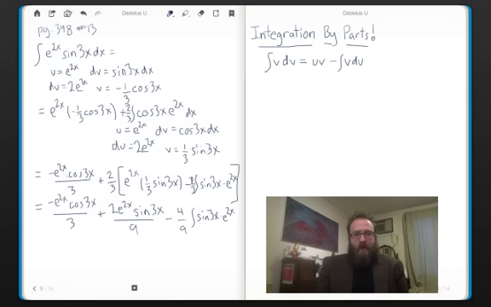We are simply going to add 4/9 of this integral to the left-hand side of the equation, where we have one of them. In other words, we have 9/9 of the integral over there. So when we add 9/9 and 4/9, we get 13/9. I'm going to write the whole thing out now. That's 13/9, the integral of e to the 2x times the sine of 3x